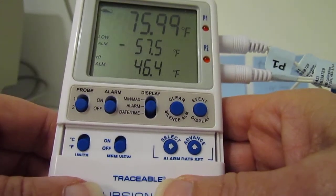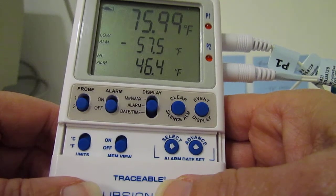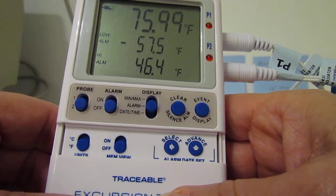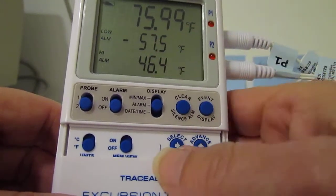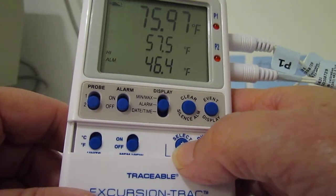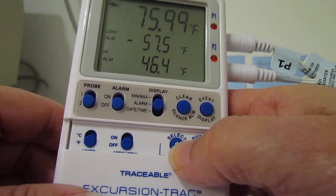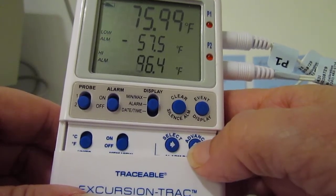If you're setting your probe 2 for temperatures for your freezer, the range for freezers is -58 to 5 degrees. So I set my low alarm at -57.5, and I haven't set my high alarm yet, so we're just going to go over here to the high alarm by pressing the select key. This is going to be 5 degrees, so we want that first number to be 0,